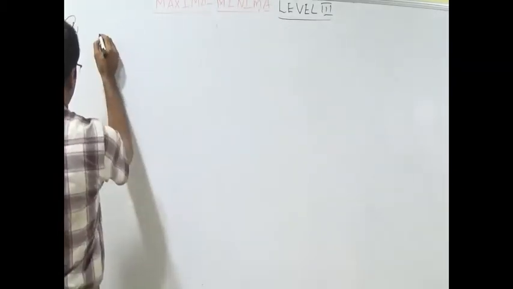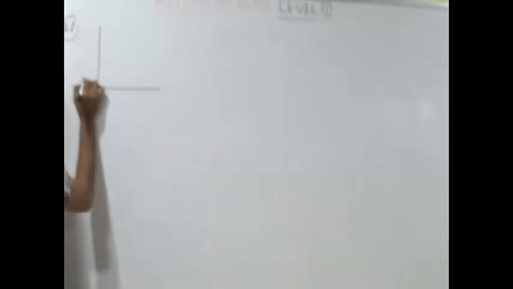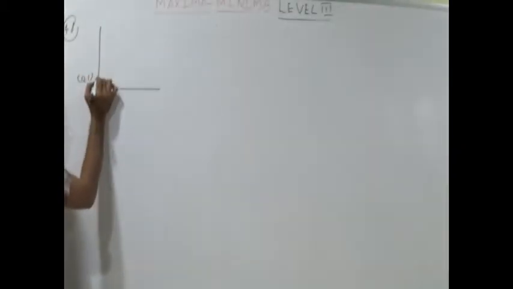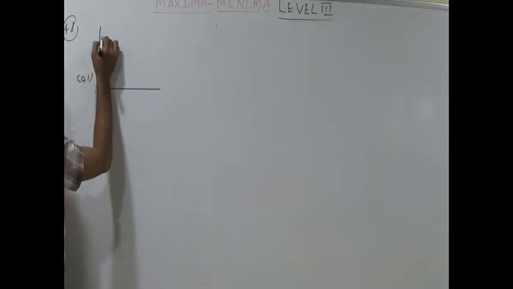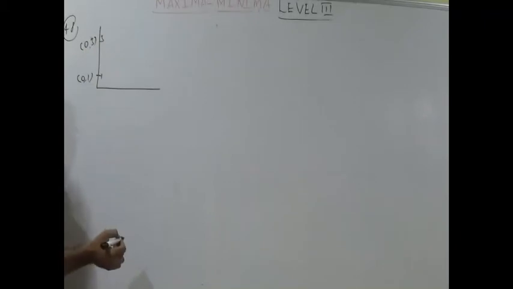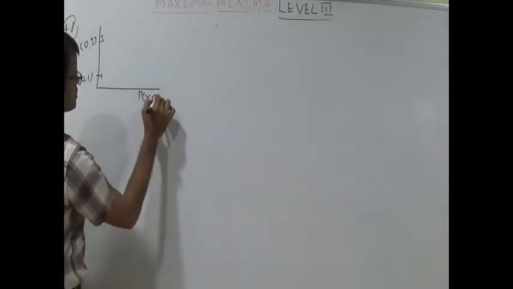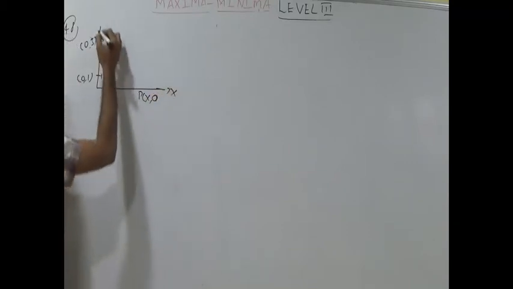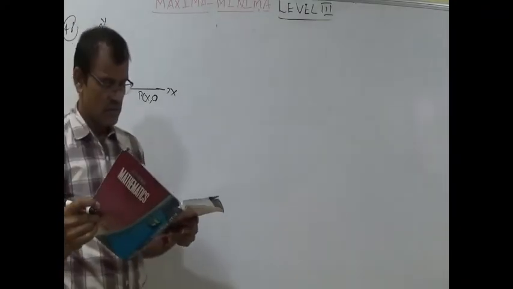Try to understand by the diagram. On the y-axis, 1 and 3. So this is 0, 1. He has given this as 1 and 3, so here 0, 3. On the y-axis 2 points are there, 0, 1 and 0, 3. At a point P, x, 0 on the x-axis I am getting here.